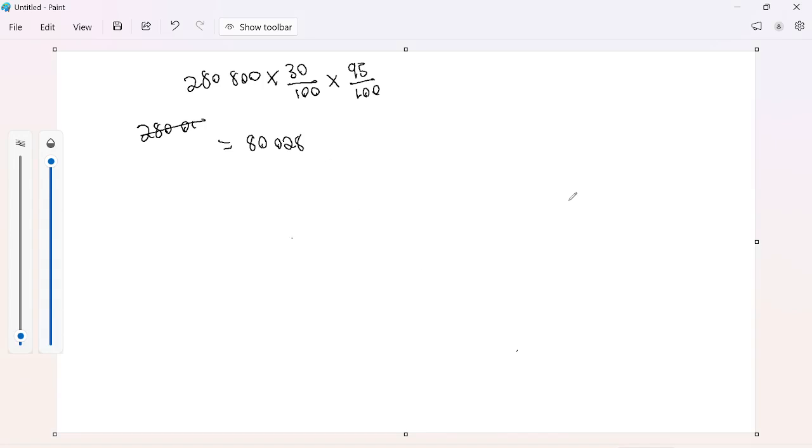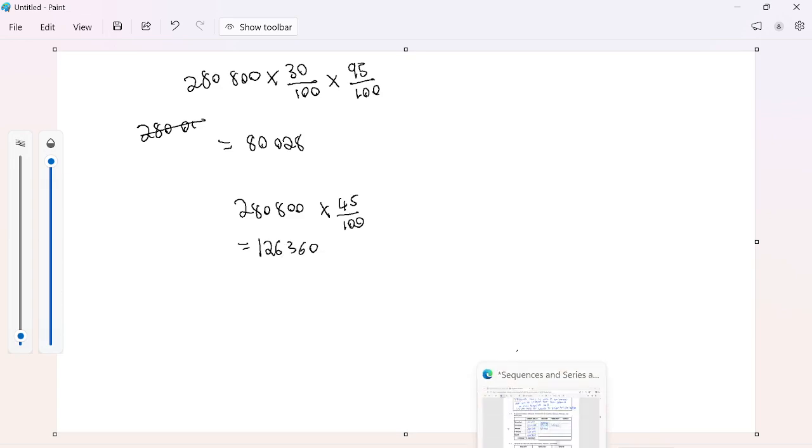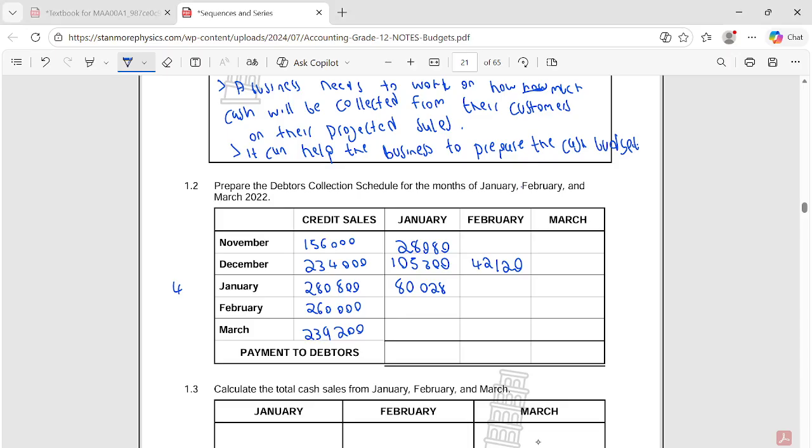The following month will be 280,800 multiplied by what? 45 over 100, which is 45%. So I'm going to say 280,800 multiplied by 45 over 100. So I'm getting what? 126,360. This is my collection for February. So I'm going to say 126,360. Right, now the collection for March in the January sale